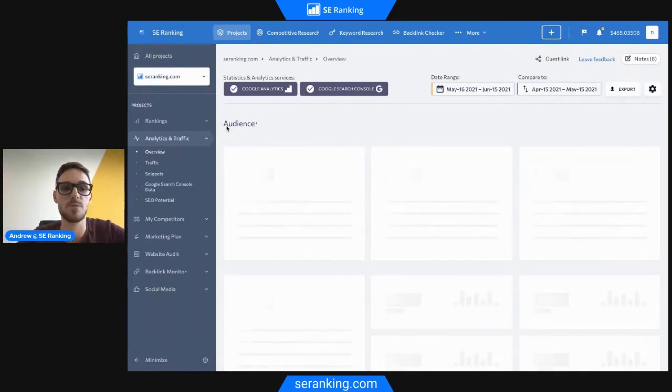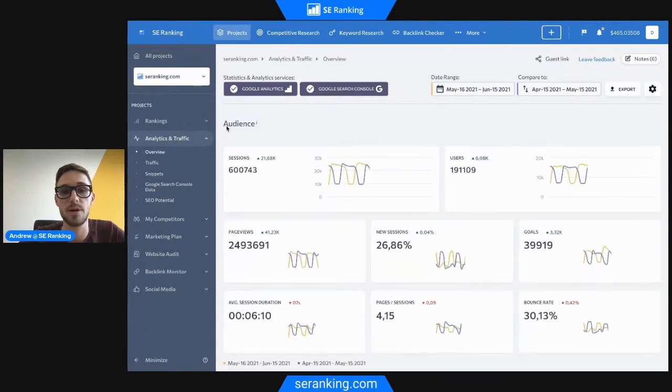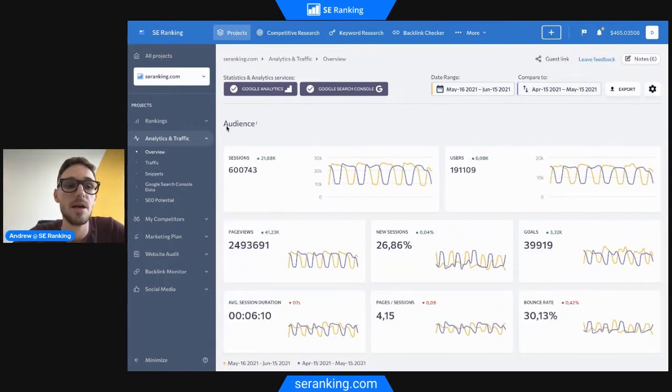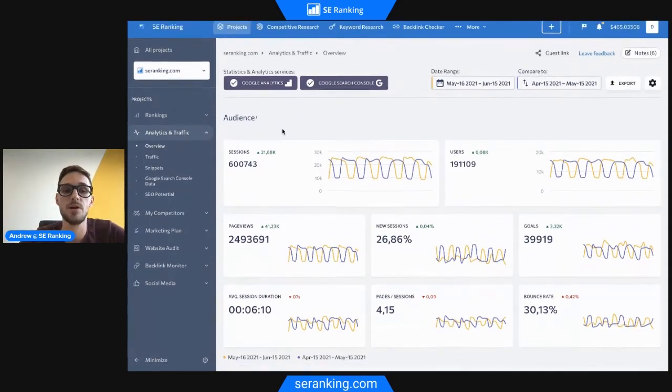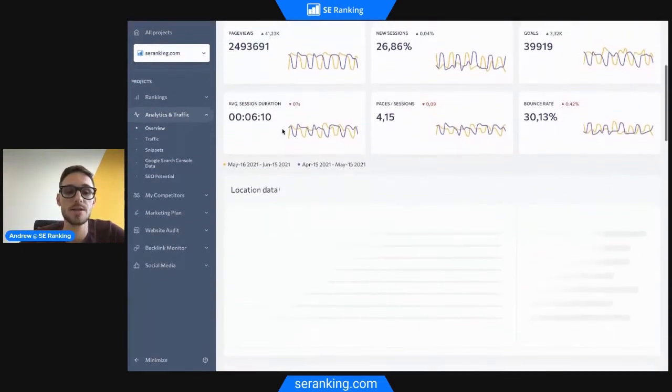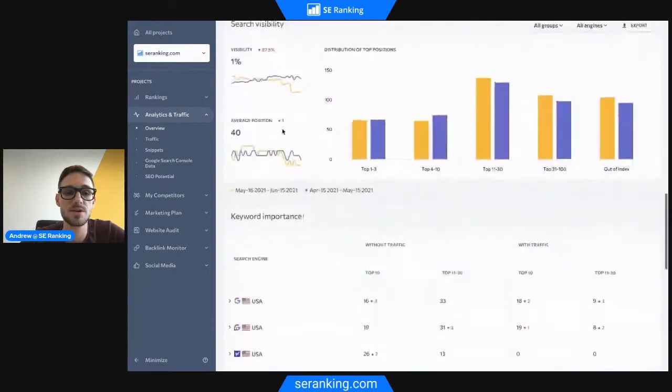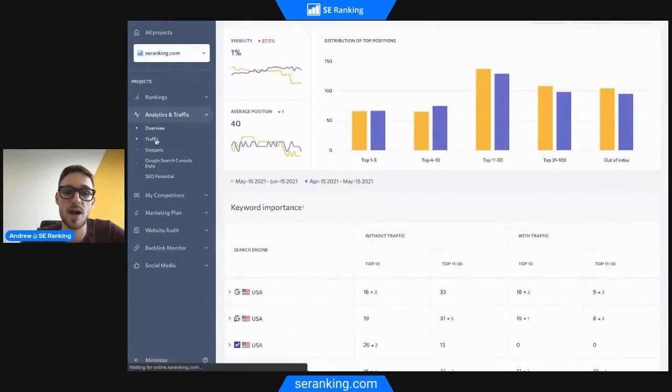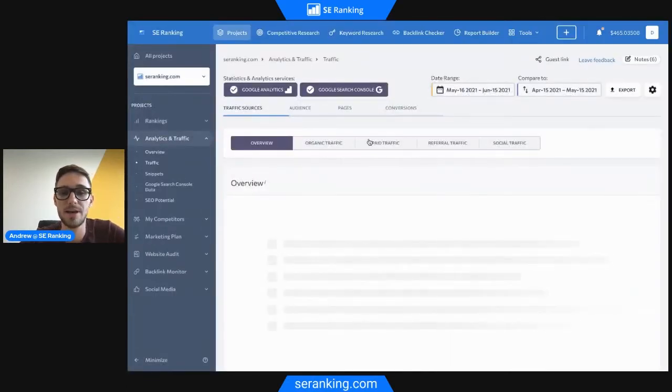So as I showed you during project creation, you can add Google services to your account and see their data right from your SE Ranking account without having to switch back and forth between tabs to see important project data. On the overview page, you have a summary of your information on your audiences, on your traffic sources. By clicking over to the traffic sub-tab here, you get an opportunity to get more detailed information on your traffic,